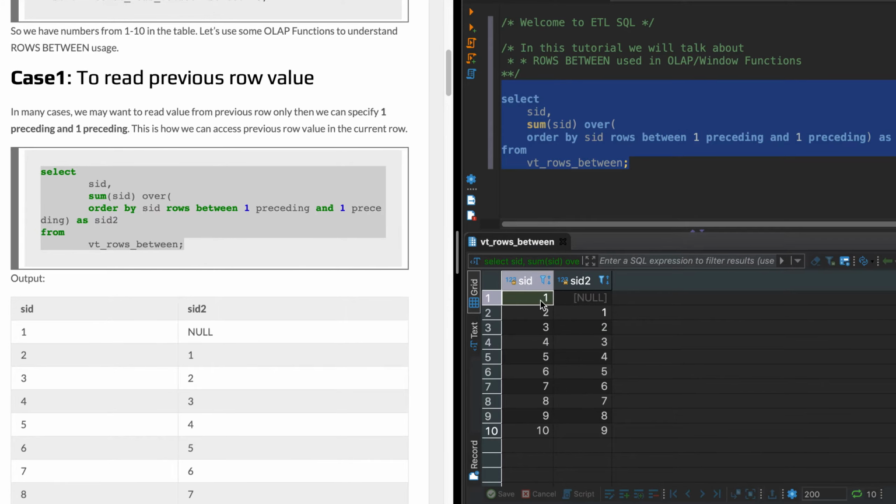So you can see here, for 1 there is no preceding value. 1 is the first row, so there is no preceding value, so it is coming as null. For 2 the preceding value was 1, so it is coming as 1. Similarly for 8 the preceding value is 7, so the value here is coming as 7. So that's how, if I want to read just the previous value, I can specify rows between one preceding